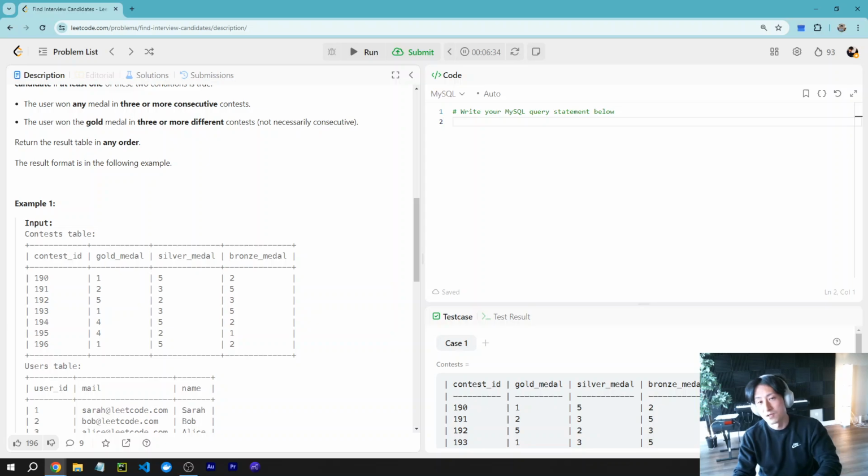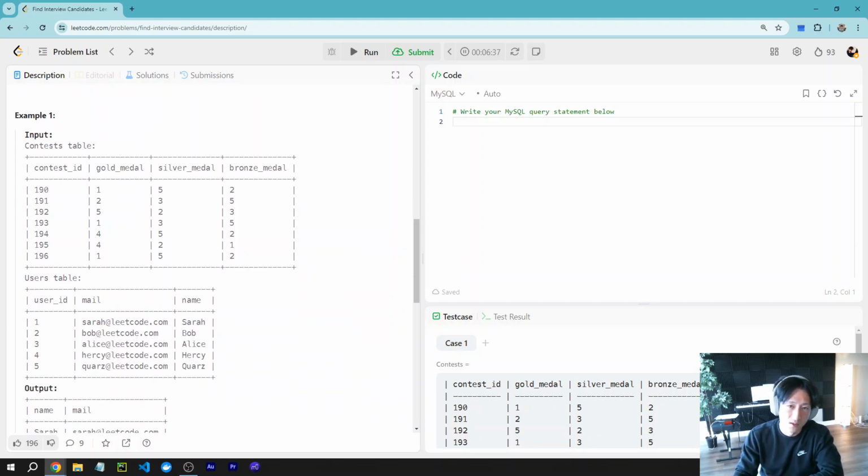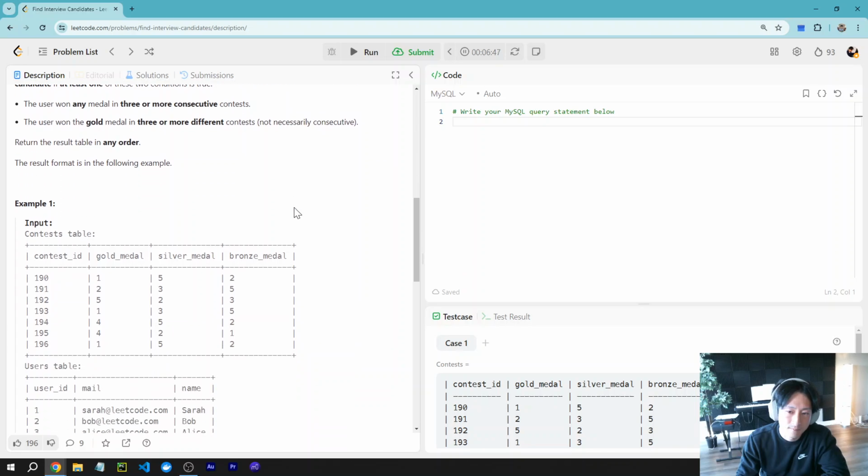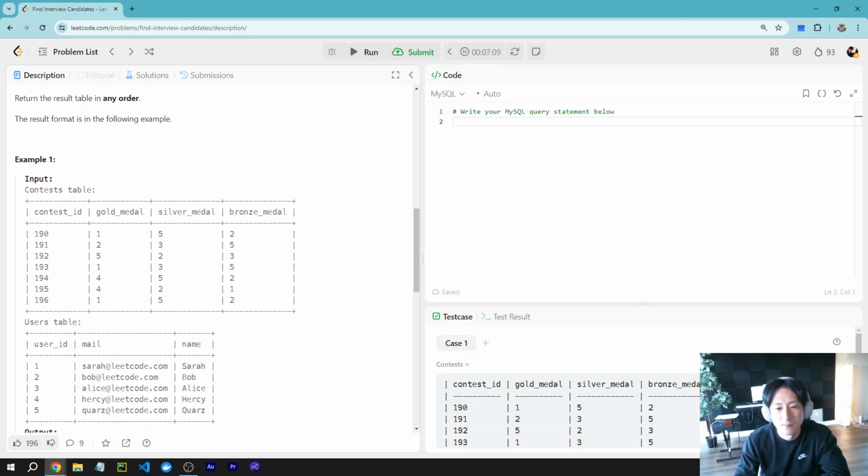I think I'm kind of confused because there's a bunch of medals. So I think the first step is just don't worry about having 3 different kinds of medal. I just focus on one medal. No, maybe that's also a bad idea. So what should I do? Yeah, right. So I think what I have to do is